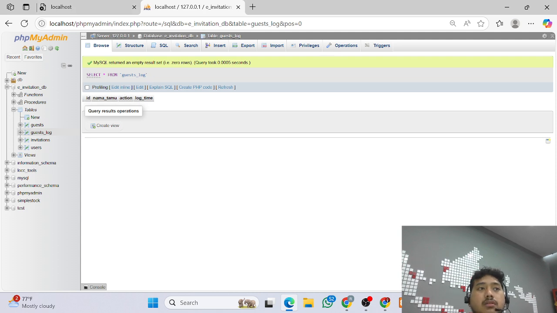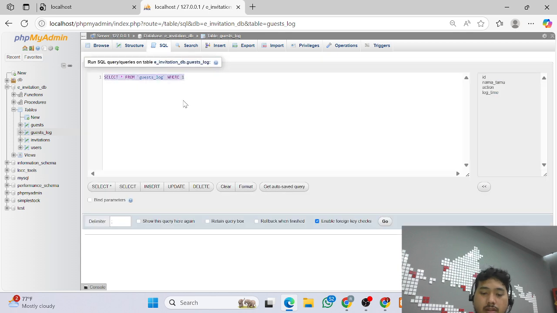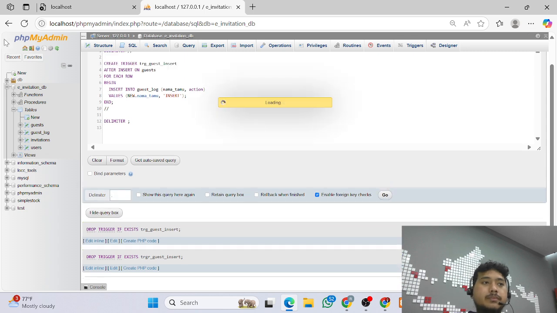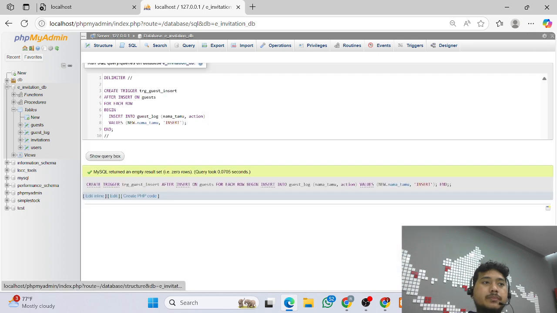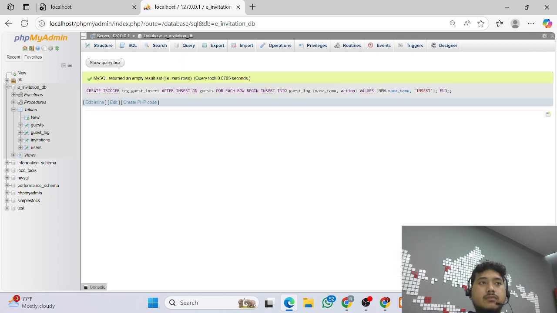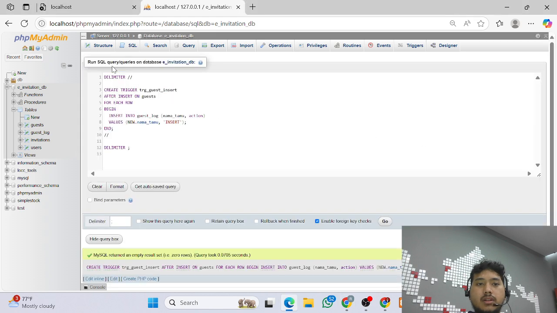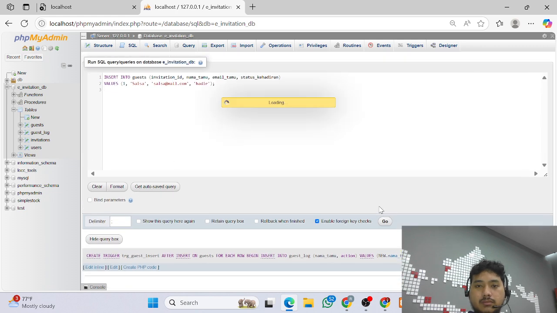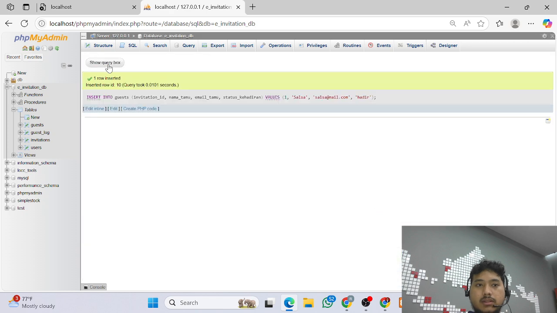So now we will try to make a delimiter for this trigger. Okay, we go to the SQL and then delimiter and go. Okay, and then I will try to insert again, go, and it's a success.